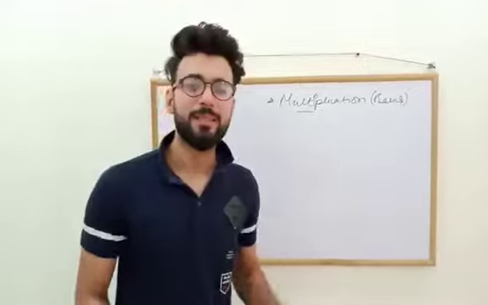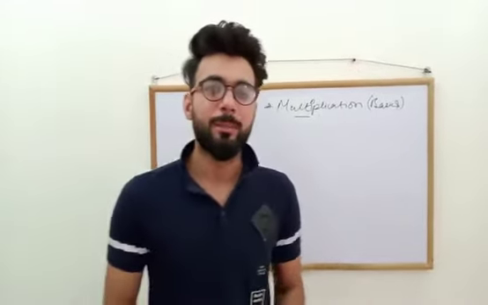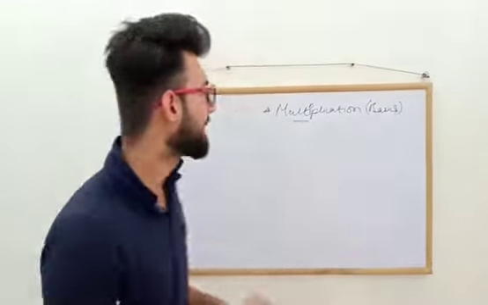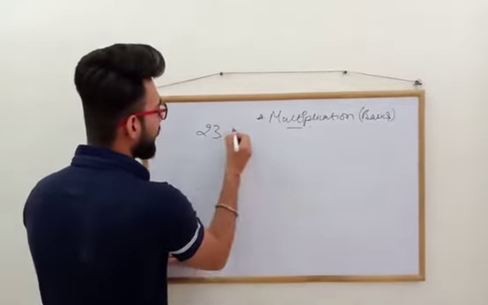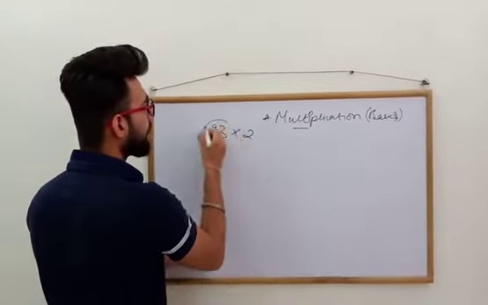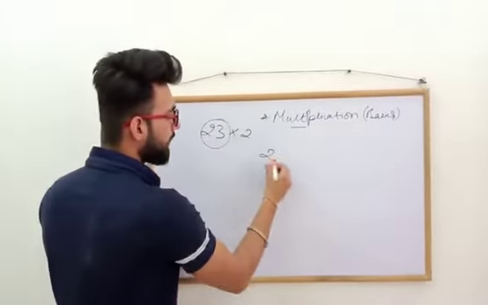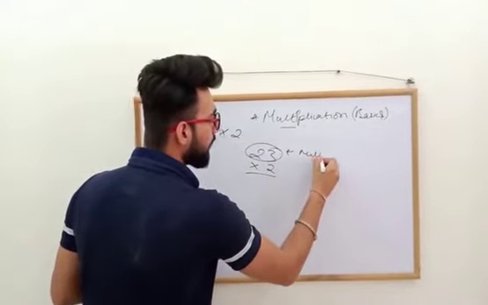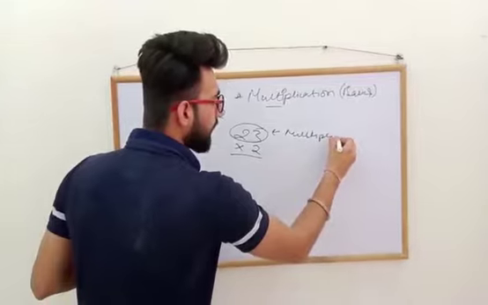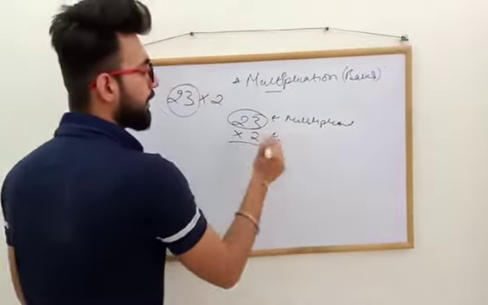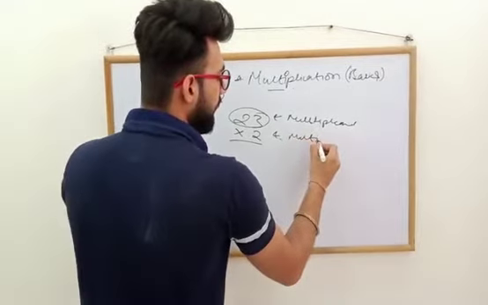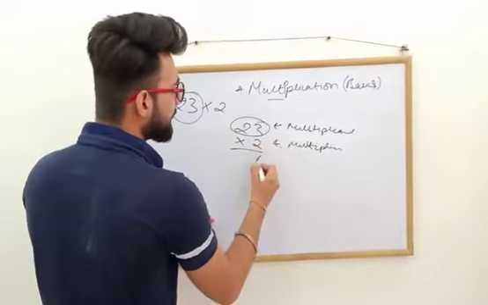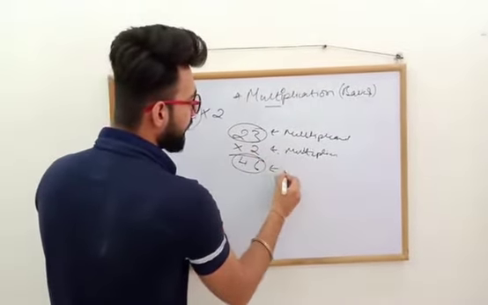Moving on to the first topic, that is multiplication and its basics. So what is multiplication? Multiplication is the basic arithmetic operation which can also be termed as repeated addition. Say we need to multiply 23 multiplied by 2. First of all I'll tell you what the number 23 is called over here. We write it this way, 23 times 2. 23 is known as the multiplicand and this one is known as the multiplier. Okay, and as we got the product, 3 twos are 6, 2 twos are 4, 46 is the product